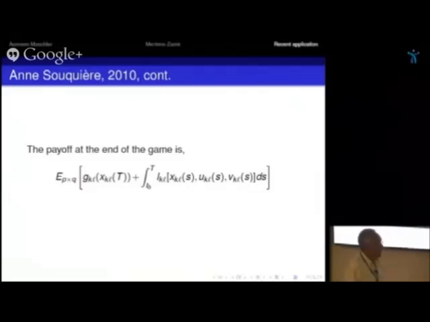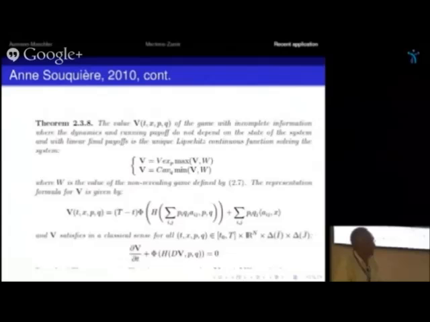In a differential game, you have two payoffs. This is the terminal payoff when it's finished, and this is what they call the running payoff. Along the game, there's a payoff. In any case, let me just show you the last theorem again. The value of this game with incomplete information, where the dynamics and the running payoff do not depend on the state, and there are some assumptions under which this is the value. And this is the operator phi, what Sylvain called the MZ operator, appears here in the solution of the value